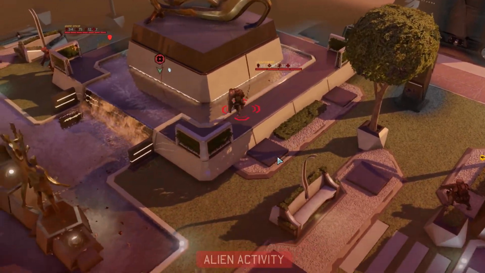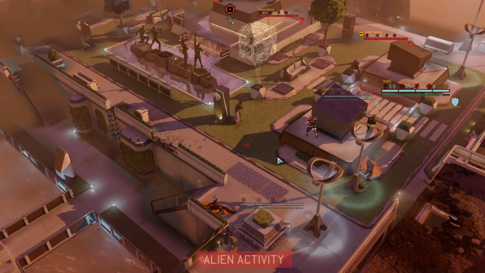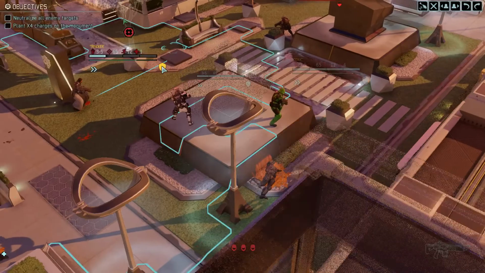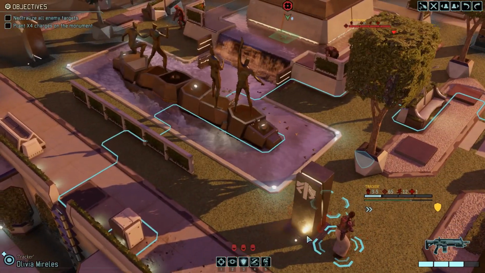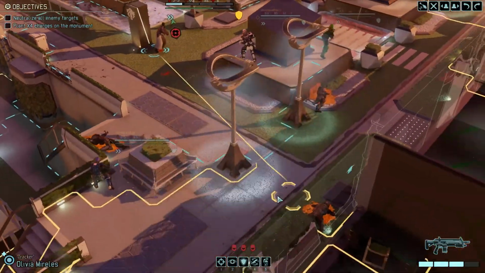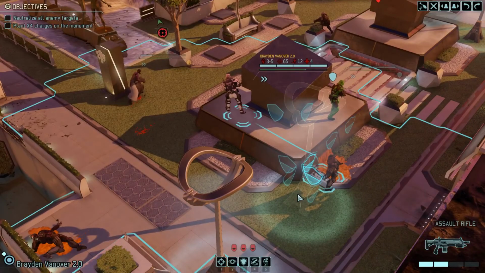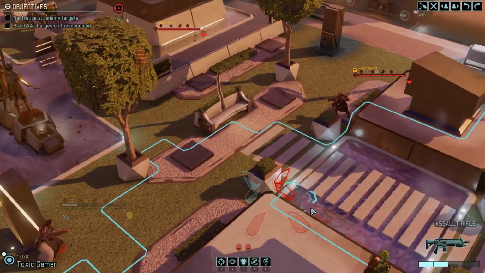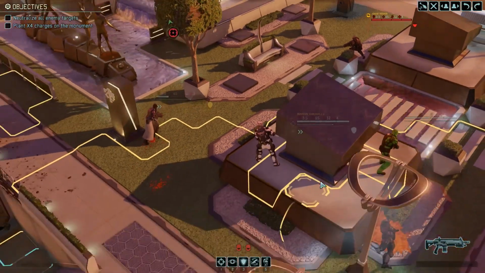How does he hit through full cover? 75. This was a 35-ish% chance to hit, because full cover is apparently bogus. Alright, let's see. Nice. The nice news is we've got all of our grenades. But he's got loot. I'm not keen on...